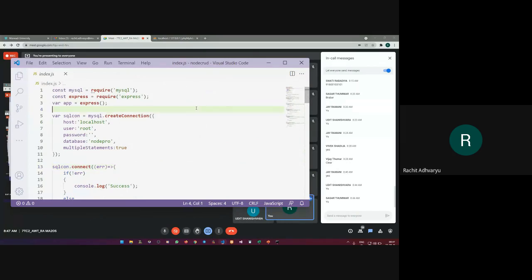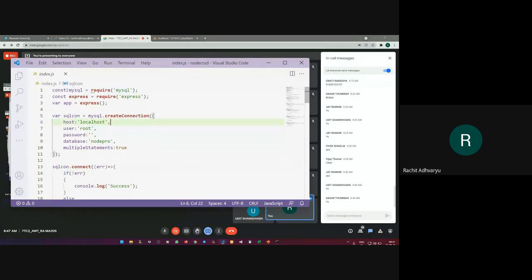So now let's try to understand this index.js file one by one. In this lecture only we are going to execute this file, nothing else. So let's start working on it. First thing, because I'm going to work with CRUD operations, I'll require a database, and for the database, I'm going to use MySQL. So first I'm saying that I want a MySQL instance in my application.